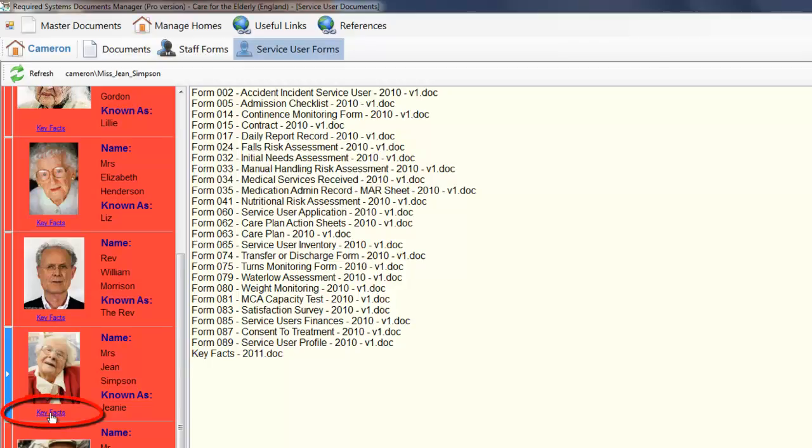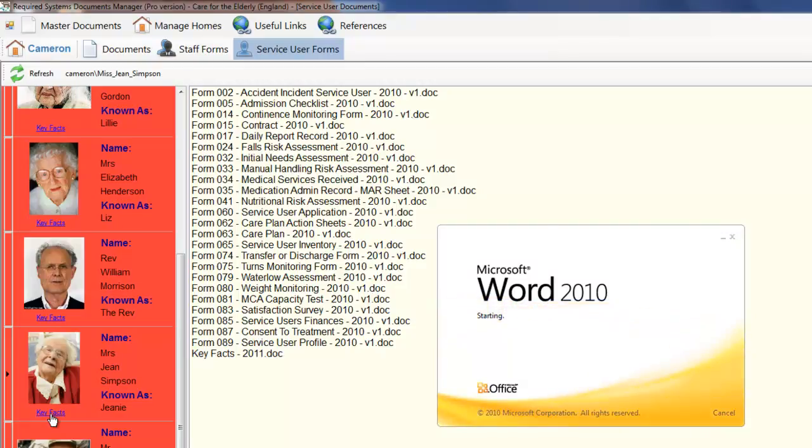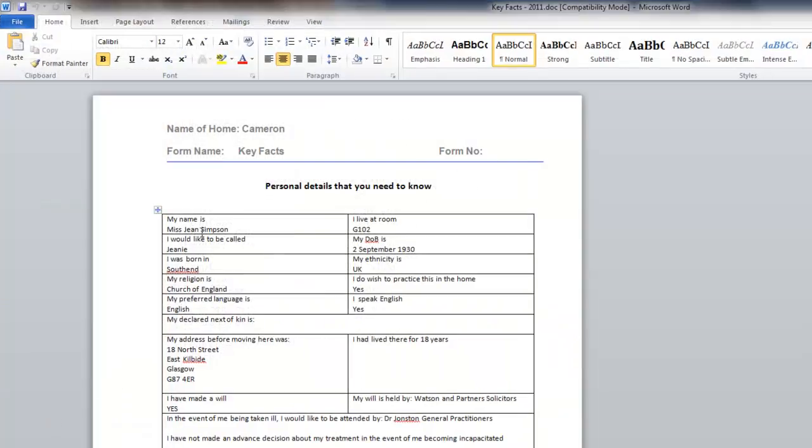One of the important things is this key facts link which you have for both staff and service users. This is a very quick way of accessing the important information about either a member of staff or service user in the home. Let's just click on that and show how it launches a Word document, and you'll see in here this is Jean Simpson's form. It's got all the crucial information about her in here which can be pulled up very quickly. Another nice feature of the system is if you click on a picture of either a member of staff or a service user, you'll get